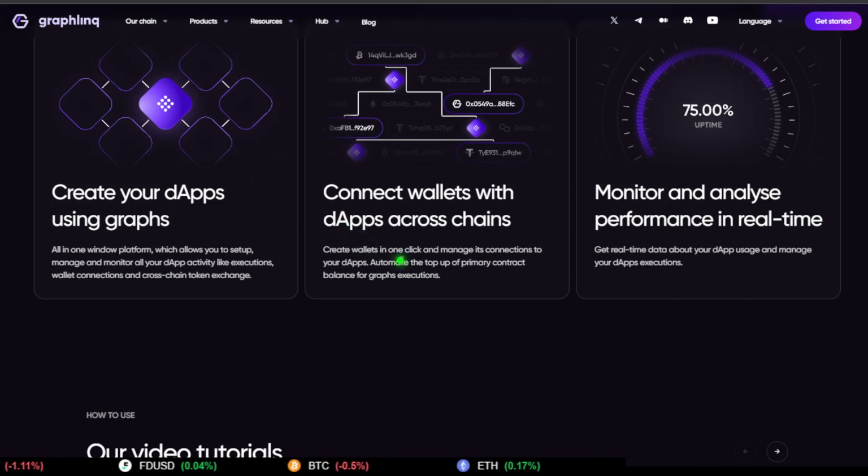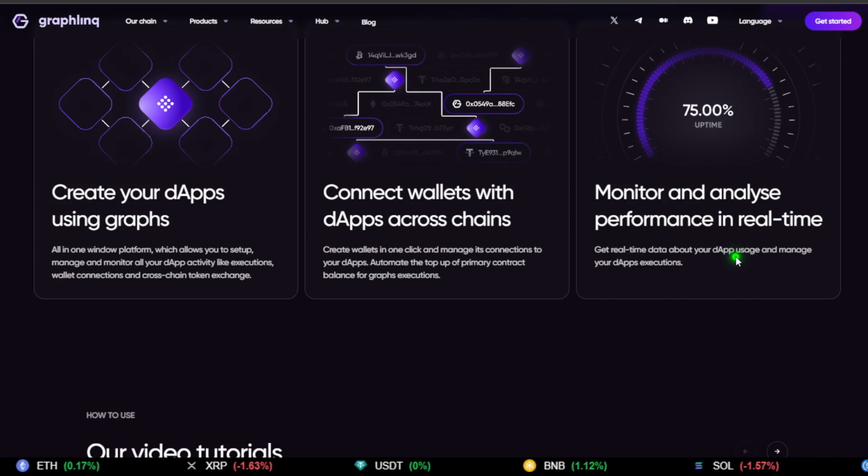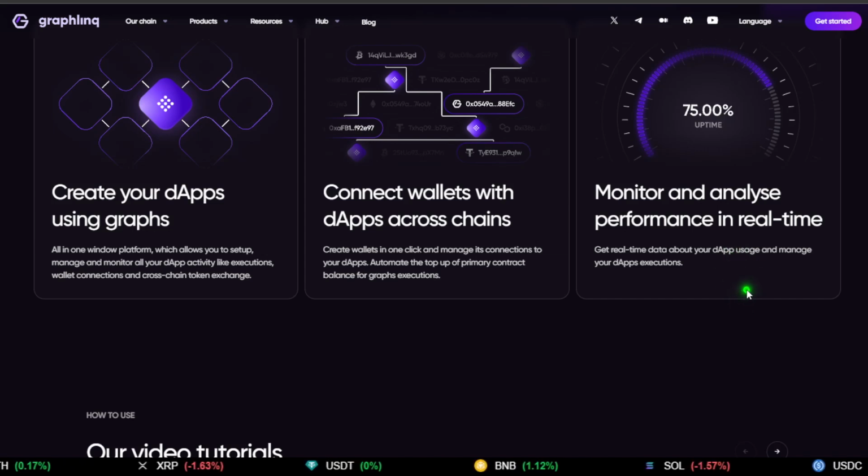The Graphs still hasn't been part of our education yet here on the website, which is super important for really knowing what Graphs are. Connect with wallets across chains. This is what we want to see. Chain agnostic approach. This is a very healthy thing to see in an application, especially if they want to offer services to all chains or crypto chains, which is useful. No limitation there, especially when you're talking about EVM compatibility and all that kind of stuff. Okay, so this is important.